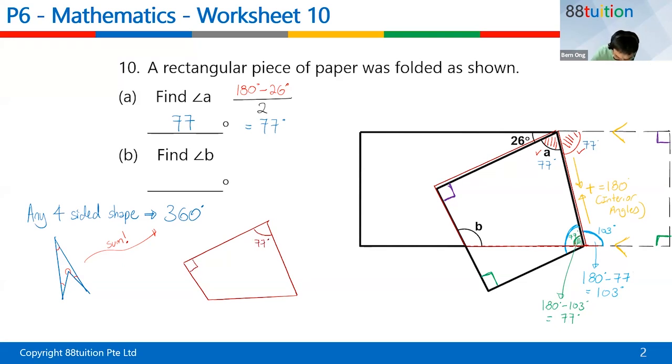This is a purple 90. This is the angle B that we are looking for. And this little corner we found is 77 degrees also. Coincidentally. All right. Then we can go and find our answer. 360 degrees minus 90 minus 77 minus 77. And your answer will be equal to